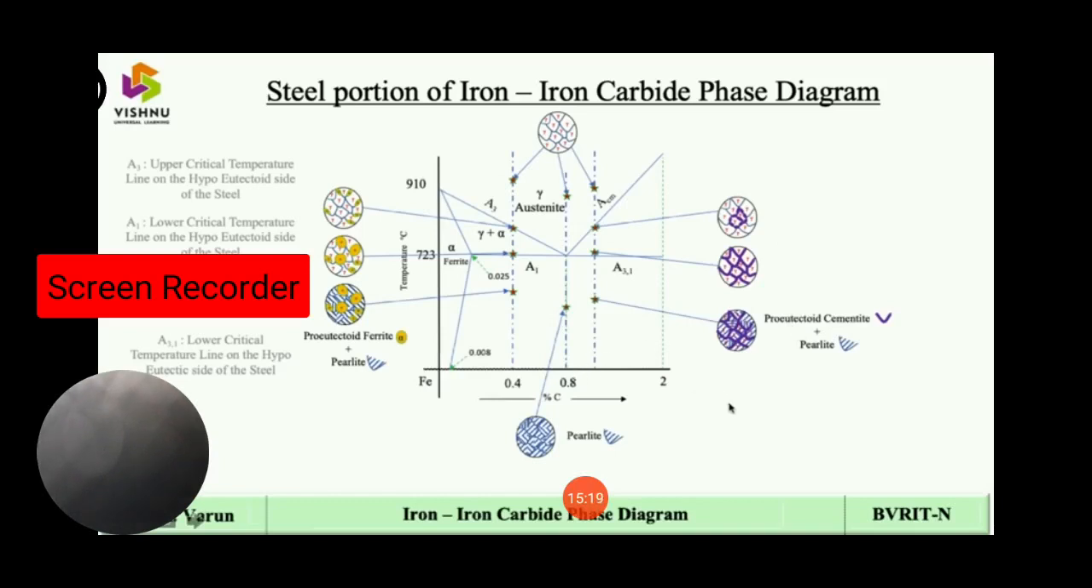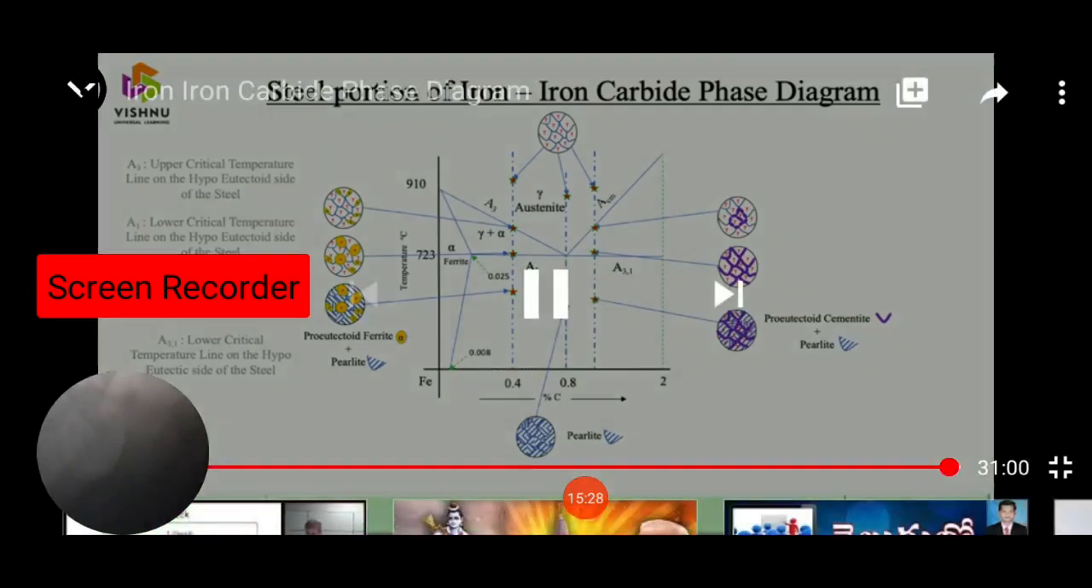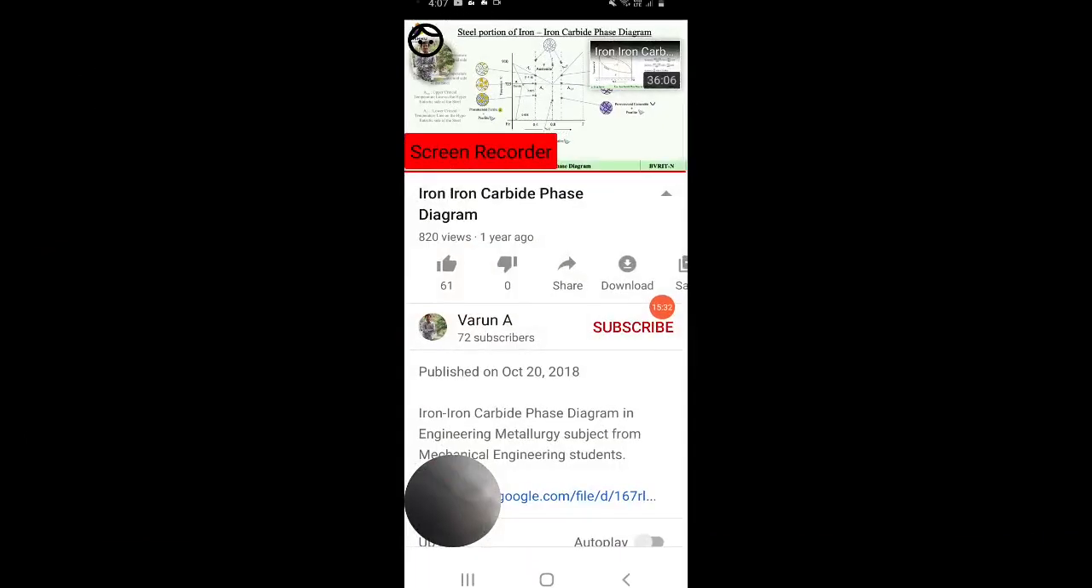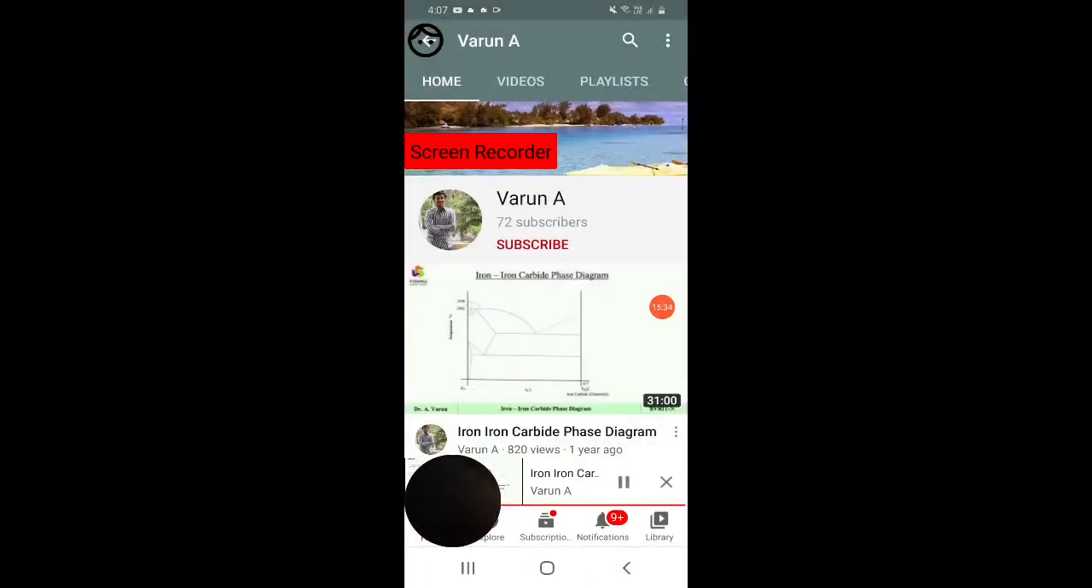So this is how you are supposed to remember and represent the iron carbide diagram, with the concepts and the diagrammatic representation, to get good marks in scoring. I hope